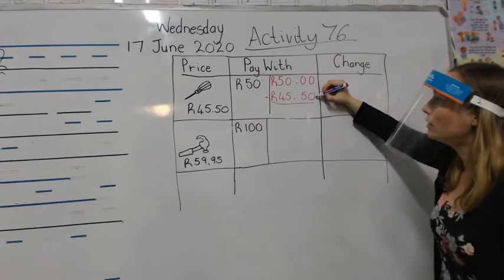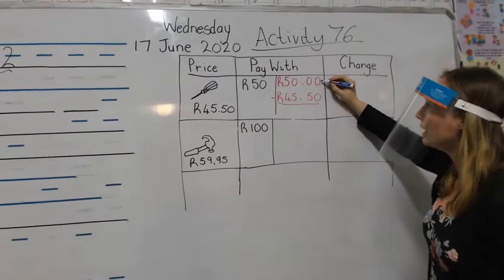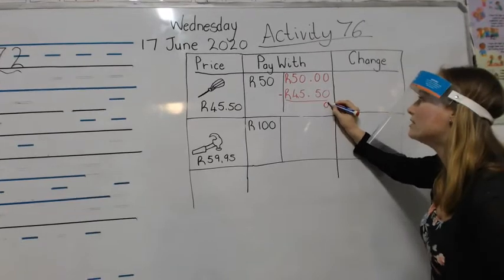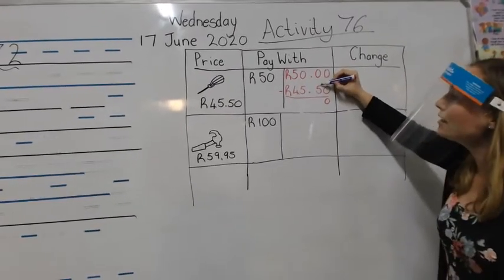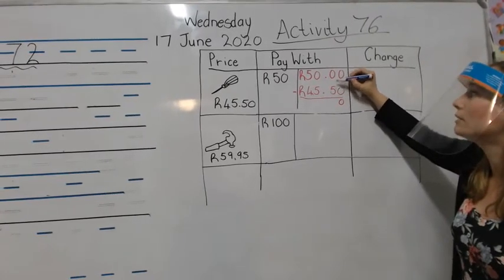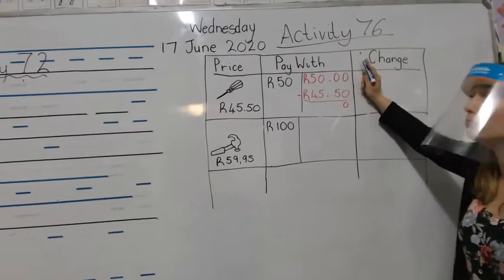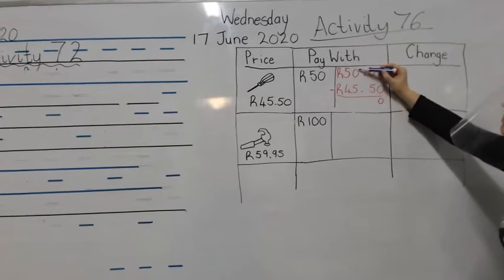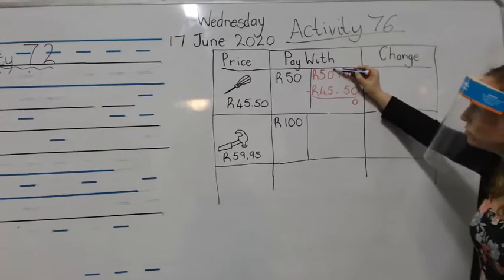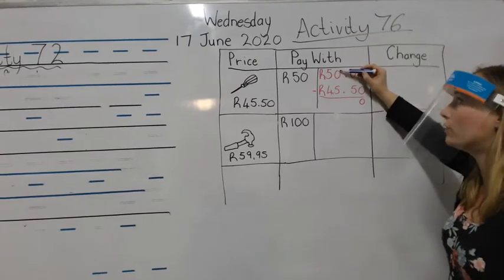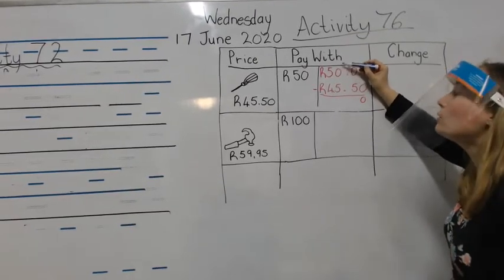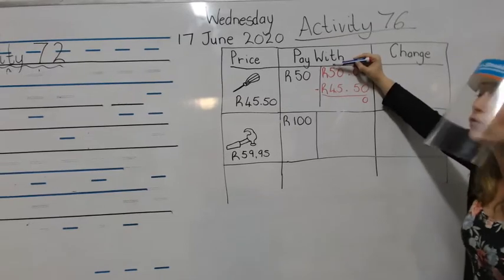We cannot take away 0 from, well, we can take away 0 from 0. We know that it's nothing. But we cannot take away 5 from 0. We can't take 5 away from nothing. We need to borrow. So we hop over to our Rand units, and we find, oh, another 0. We can't borrow from a 0. We can't borrow from nothing. So we hop over to our friend 5 here, who's got